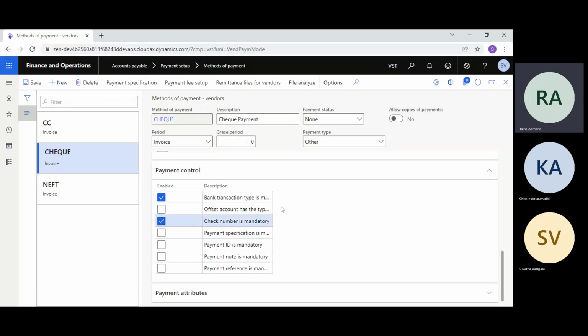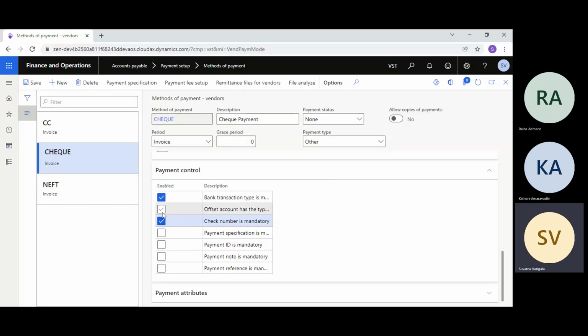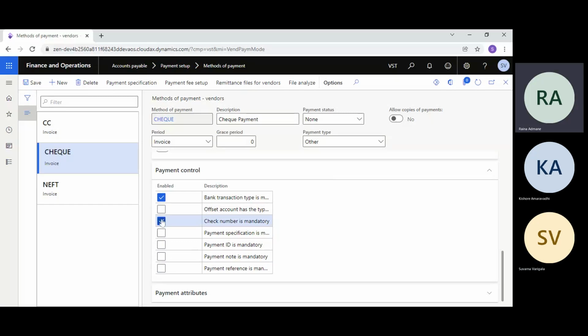Check number is mandatory, but if we are using automatic numbering from the system, it will generate automatically. We don't need to type the check number, right? It will automatically select that. But when you are typing the check number manually, then we can select it as mandatory.